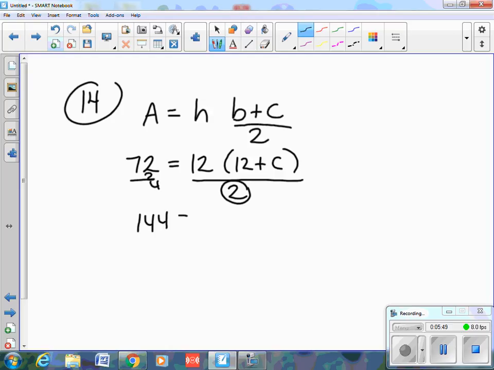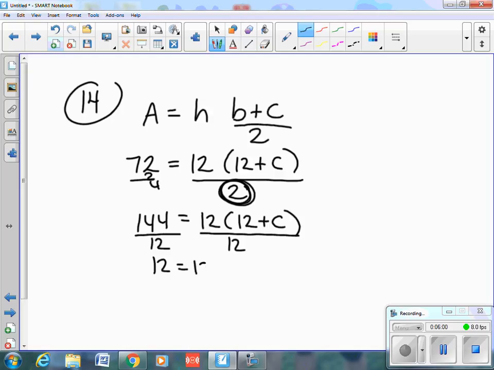Equals 12. 12 plus 6. I would probably get rid of the 2 first. Now we're going to divide both sides by 12. So I get 12 equals 12 plus